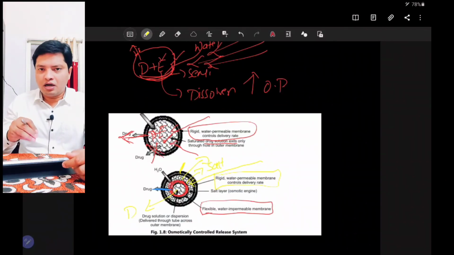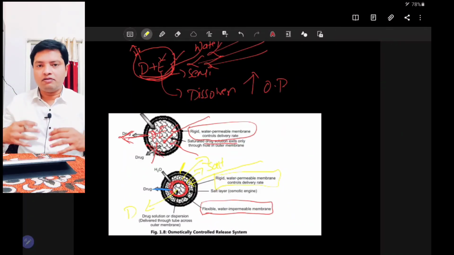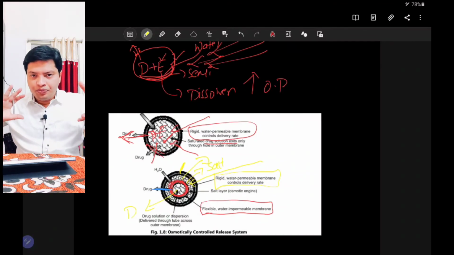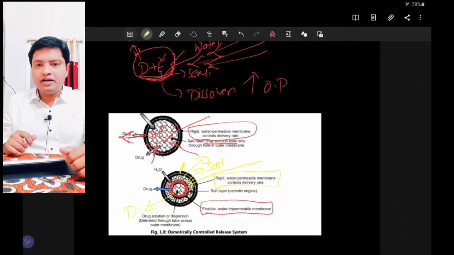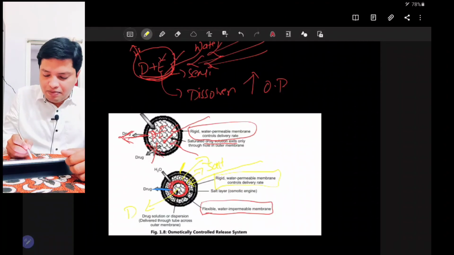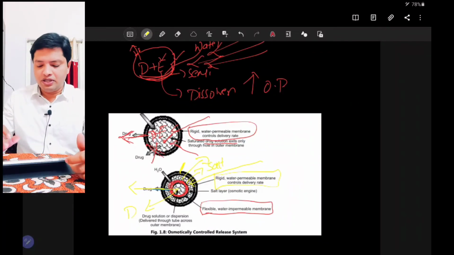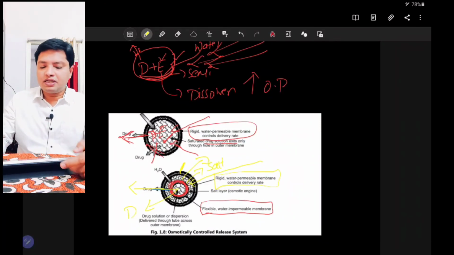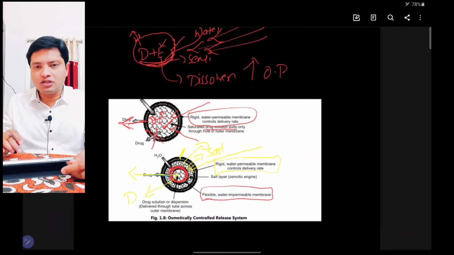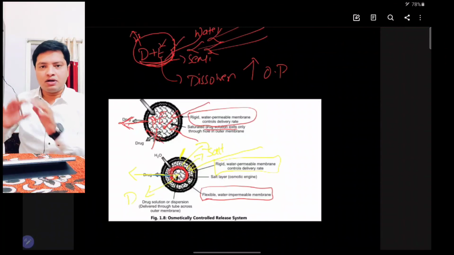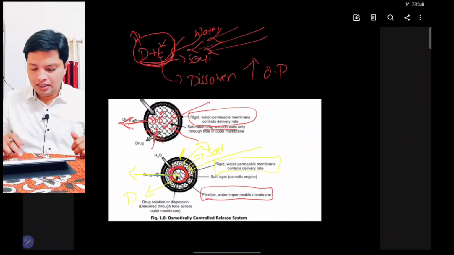So when water enters the salt compartment, it will dissolve the salt. This salt will create more osmotic pressure, more water enters, and it will push the membrane in which the drug is present. Now from this membrane, slowly the drug will come out. So this is how we can control the release of the drug by using osmotic pressure as a tool. Here the driving force is osmotic pressure. In the first case, the drug is mixed with the electrolyte. In the second case, the electrolyte is kept aside and the drug solution is inside.